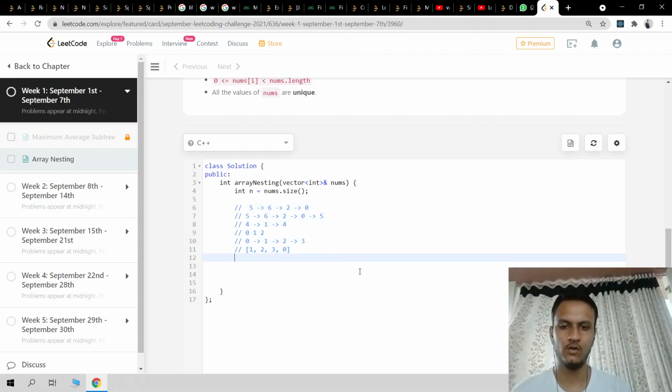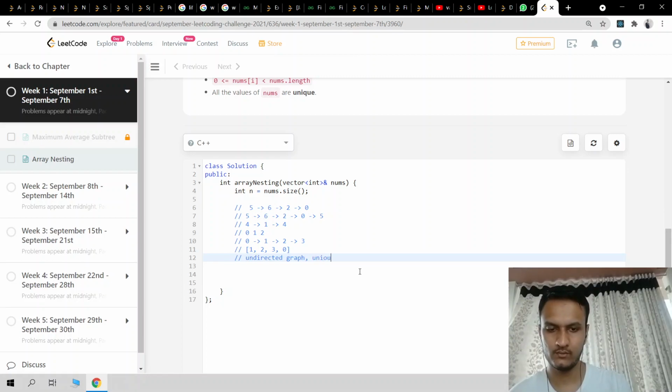For solving in graph fashion and finding the disconnected components, I will first of all make an undirected graph, and I will use the union find method to solve it.